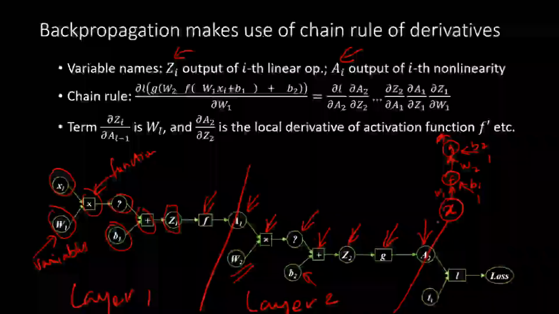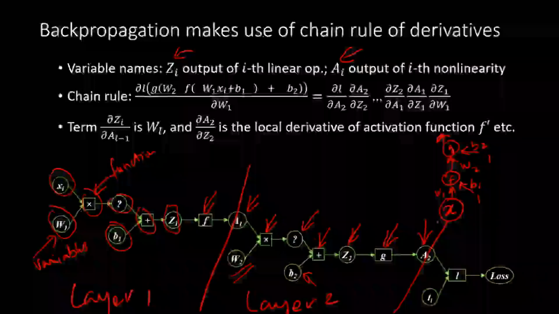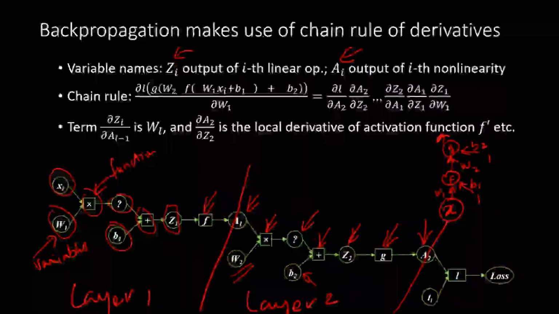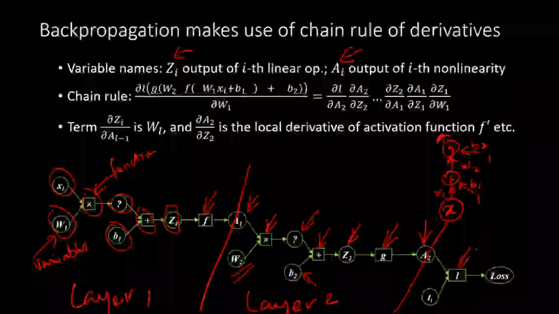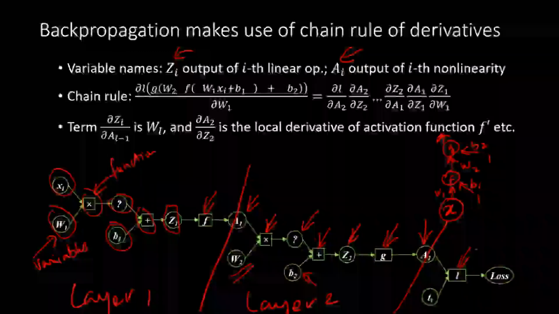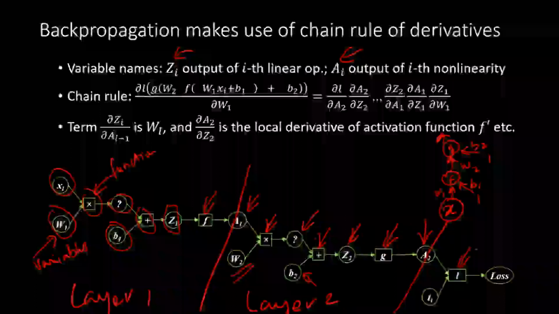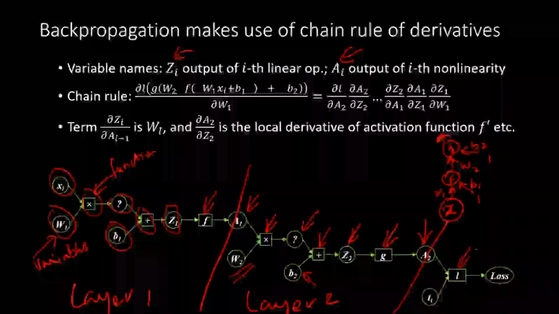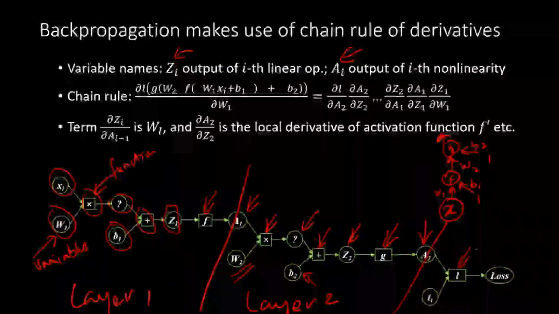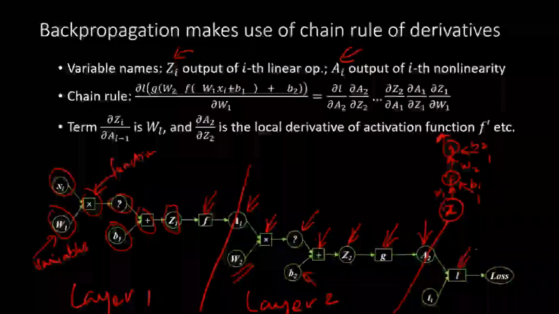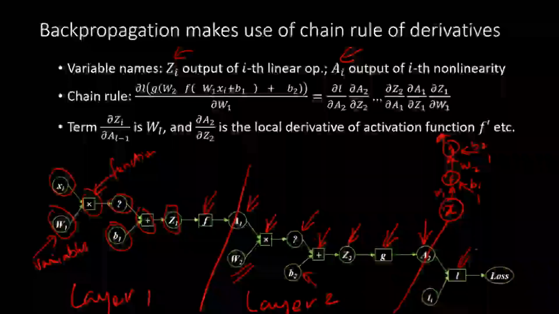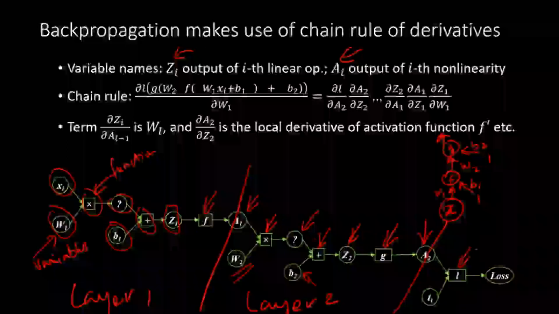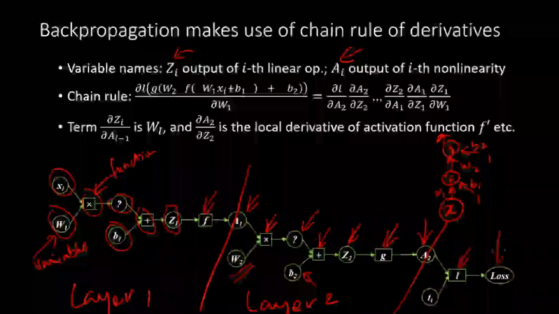But the story doesn't end there. We want this A2 to be close to the target variable T. So we put that into a function L, which is the loss function, right? So basically, if it is, for example, a regression problem, we will take A2 minus T_i whole squared, which is the mean square error. Or we would take, if this was sigmoid, then we would take cross entropy loss. So whatever that is, we get this loss function L, and what we get out of that is the loss, right?